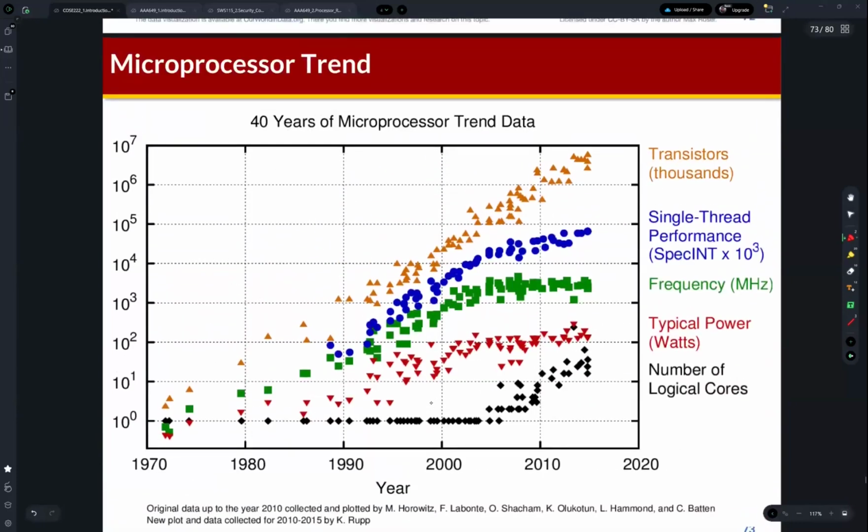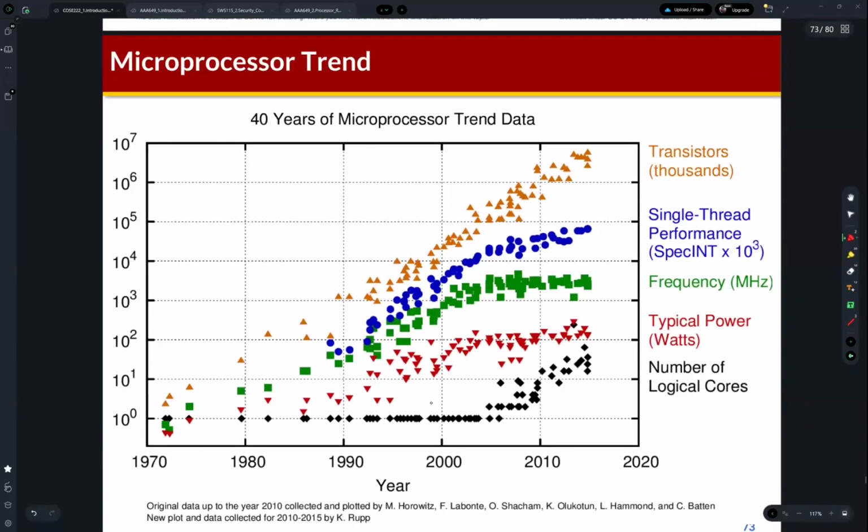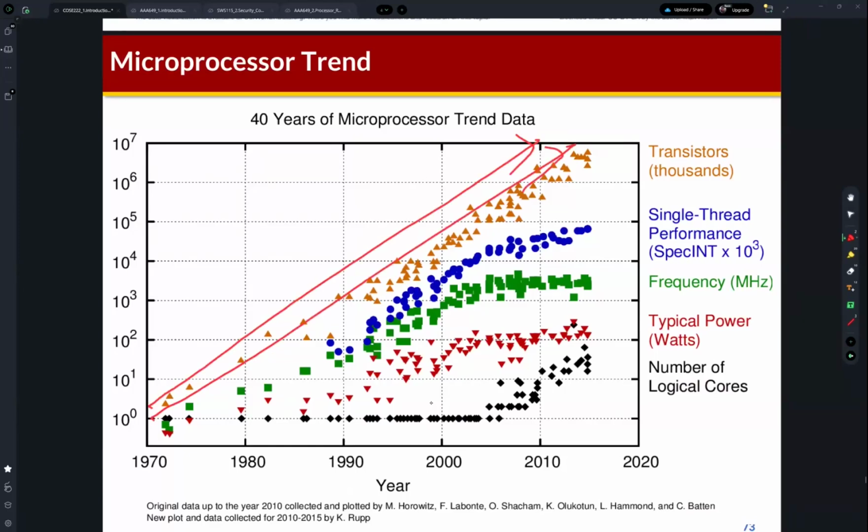So this trend shows the microprocessor trend for 40 years. This is the transistor count. So this graph shows Moore's law. So it continues until